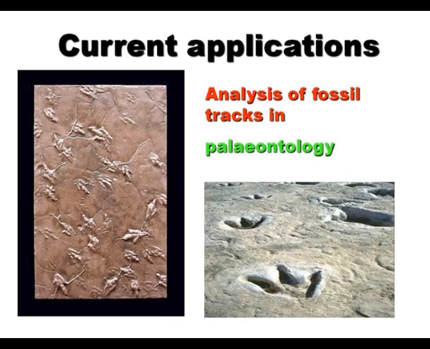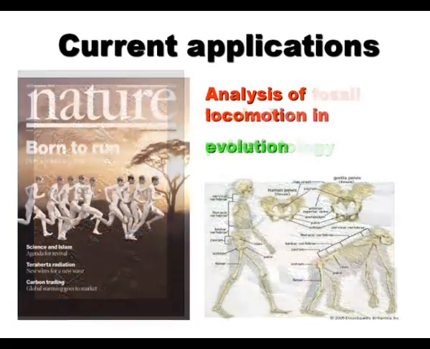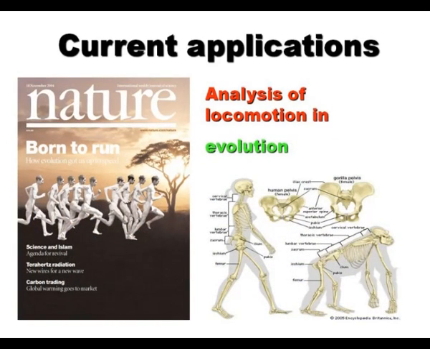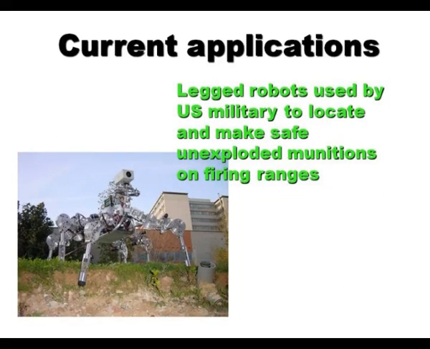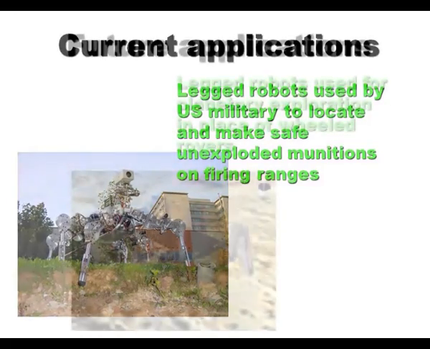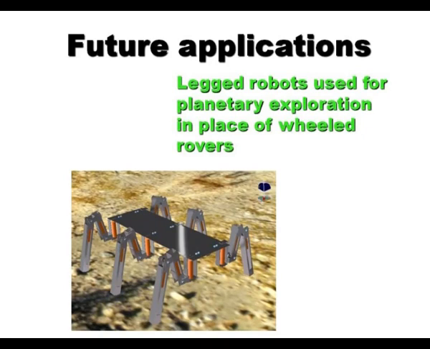Or you can use it to analyse dinosaur tracks and understand how the dinosaurs move. Or you can use it to look at human evolution. Nice picture from Nature not too long ago, suggesting that running was a major factor in the way the human body has evolved. Or you can look at robots with legs. How can you make them work? Very useful to the US military, who want to defuse bombs on firing ranges and things like that. Or you can use them to explore